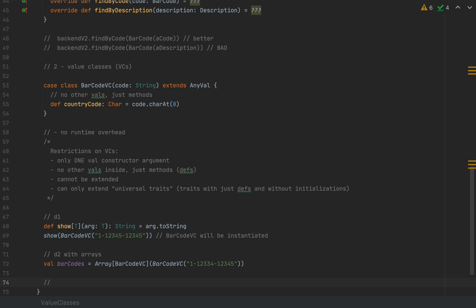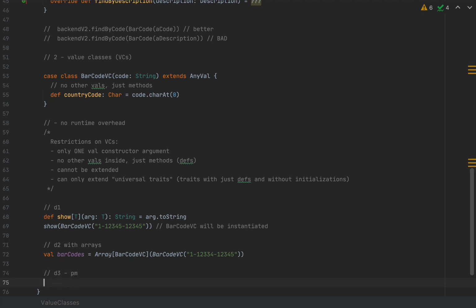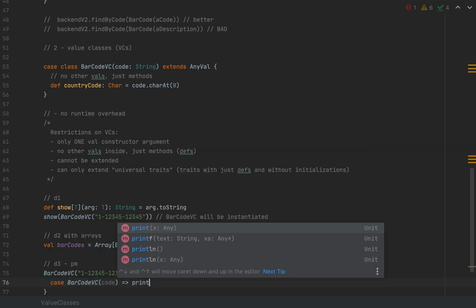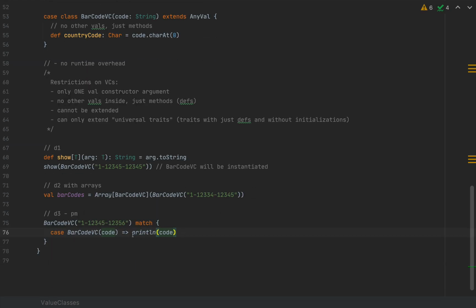Now, a third case is when you do pattern matching. So for example, if you do barcode VC with the string 1-12345-12345-6 match, and let's say case barcode VC with code, and then you do println code, well, this will actually instantiate the element being matched. So if the first restrictions weren't that big of a deal, this second set of restrictions might cause you to rethink this solution altogether, which is why I'm going to introduce a third solution with value classes with a library